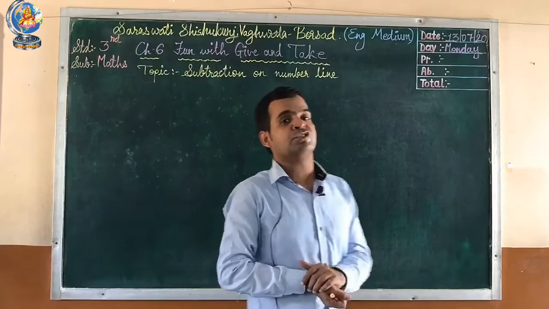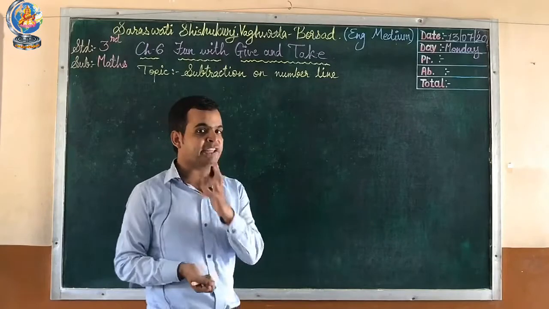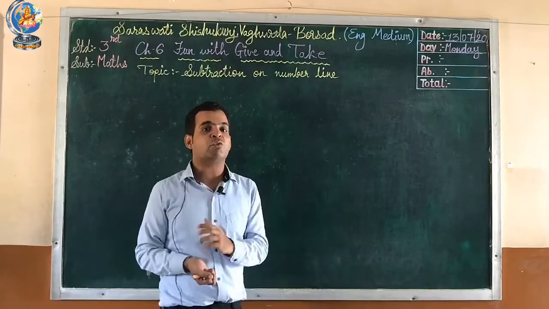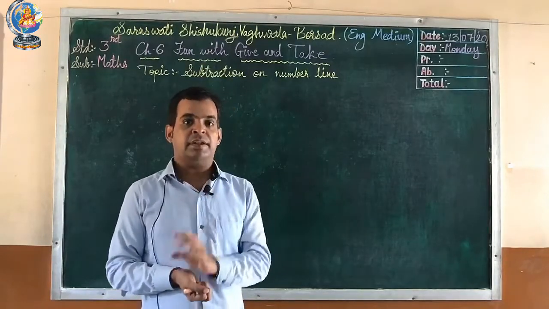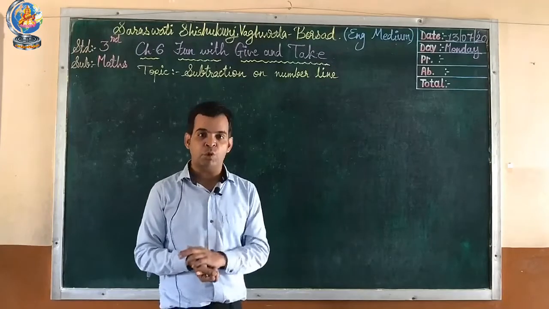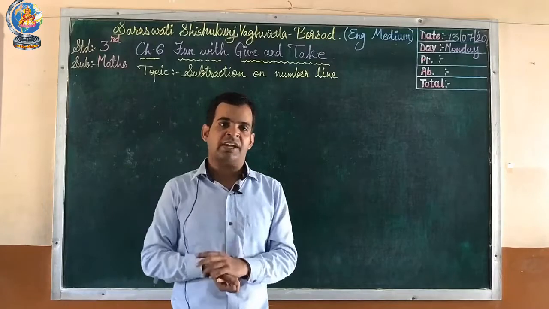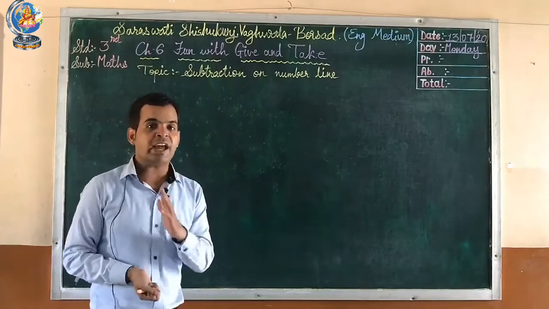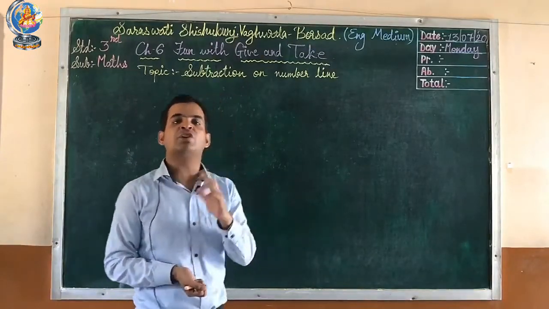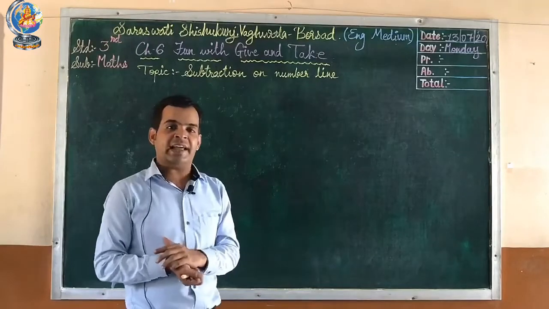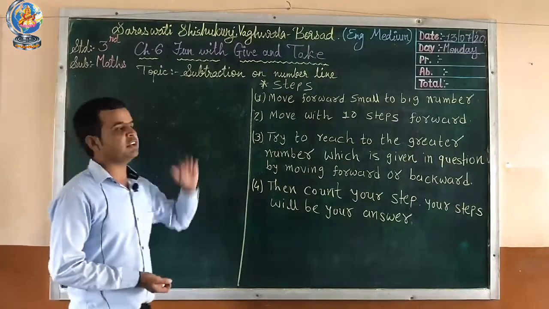In earlier videos we learned about word problems, and in word problems we learned some keywords regarding subtraction. So which are the keywords to identify the subtraction sum? There are: left, over, and how many more. These are all keywords to identify subtraction sums. Now in this video we have to learn about subtraction on the number line. Our new topic is subtraction on number line. Now let's start our topic.